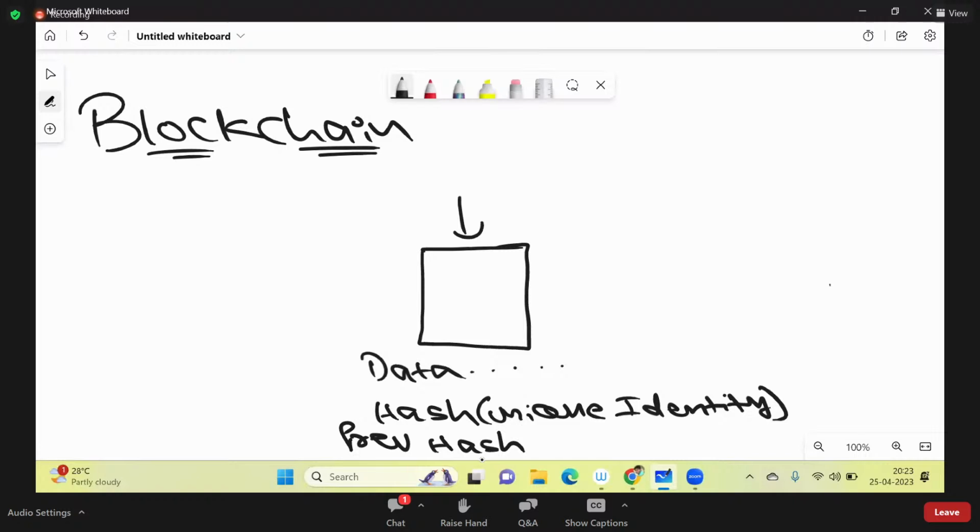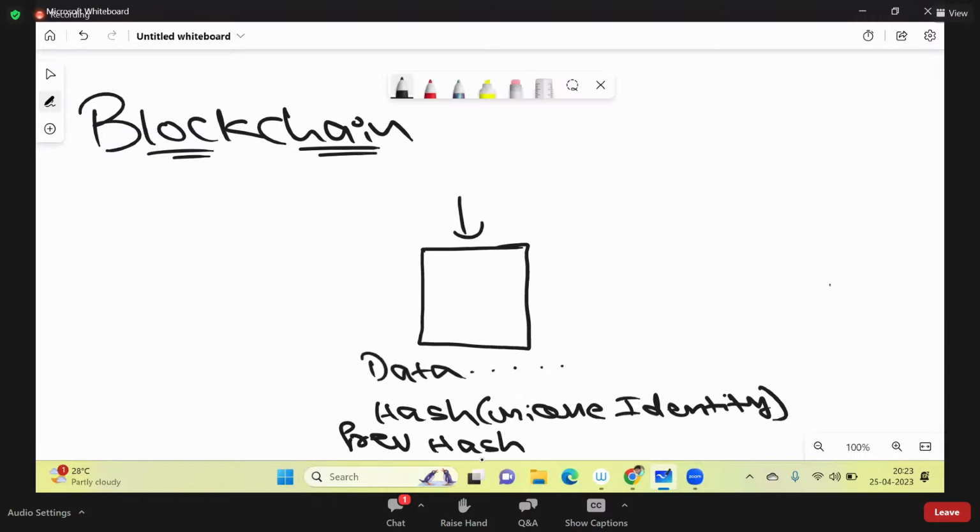What I'm going to do right now is talk about a particular block. Let me say there is a sequence of blocks, and I'm just adding some blocks to make the concept much easier for all of you. Now if you see, there are around 5 blocks present: block number 1, block number 2, 3, 4 and 5. I just want to number them.